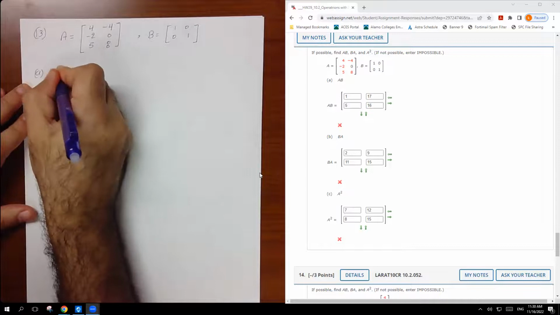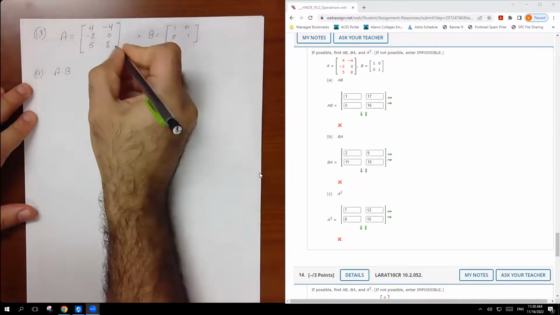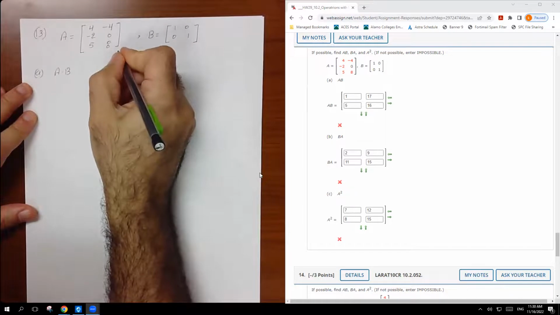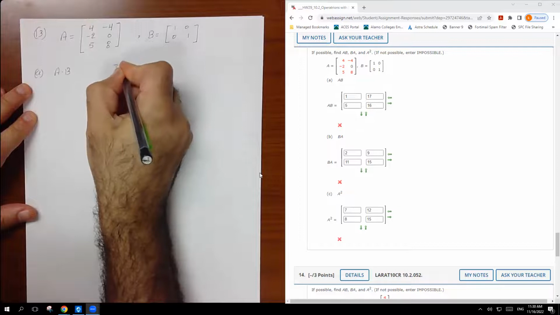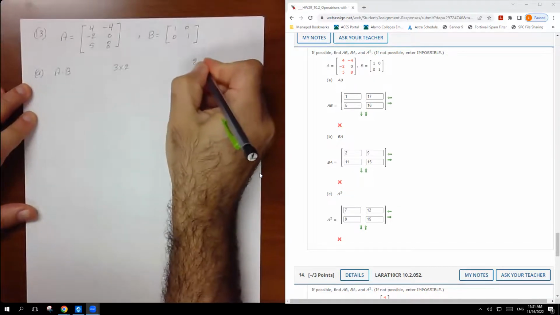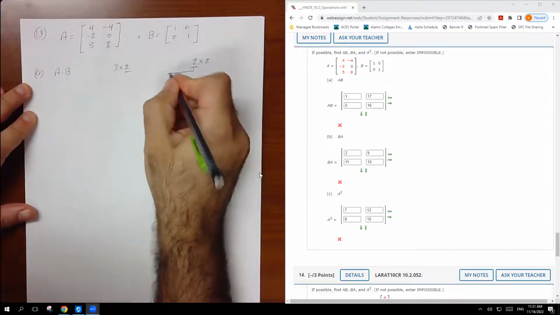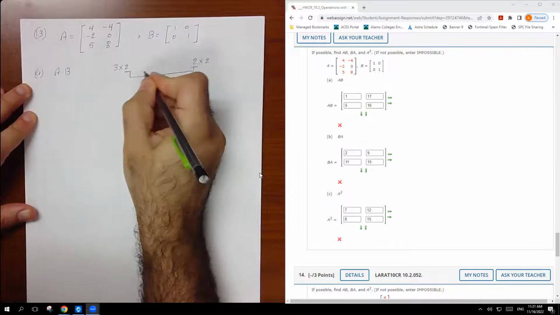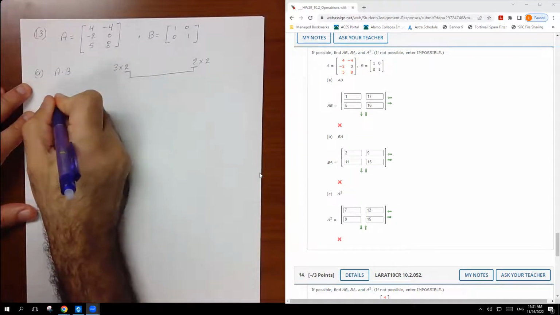So A times B. The dimension for A is 3 rows and 2 columns. The dimension for B is 2 rows and 2 columns. So we have exactly the same number here. That means I can do the multiplication. So A times B is going to be equal